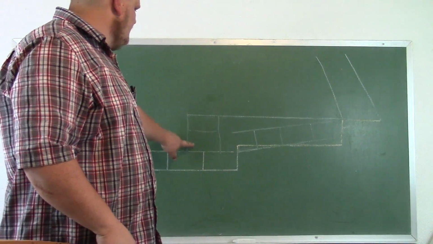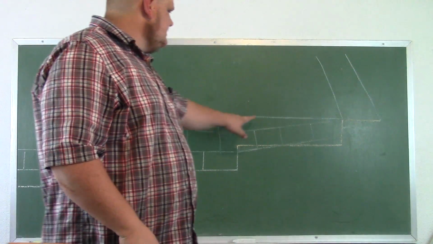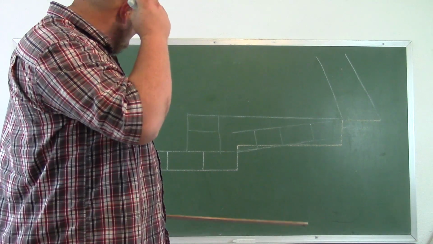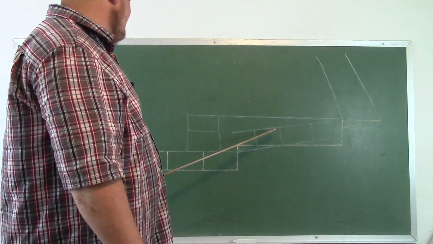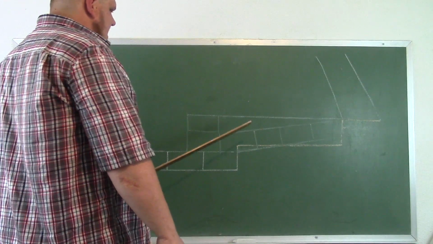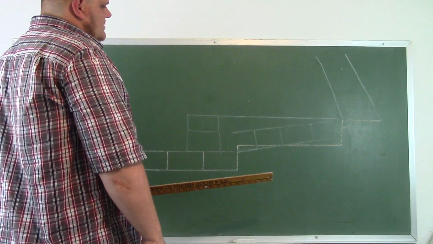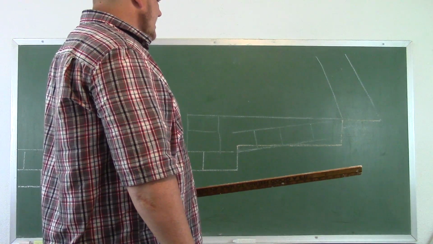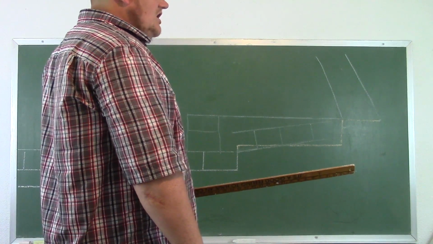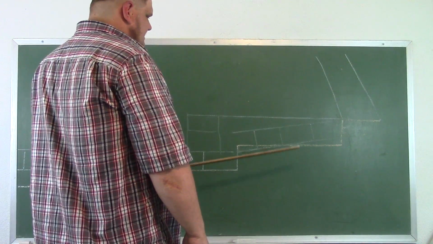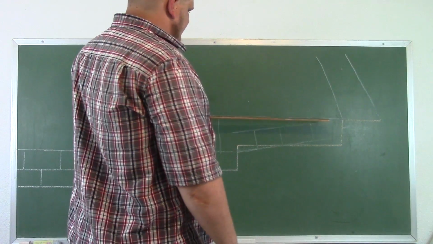Okay, so we're 3 courses down here to level up here. Okay, and that would be way off level. I could probably make that work, but it would be a lot of block cutting, because to cut these to where they would sit flat,